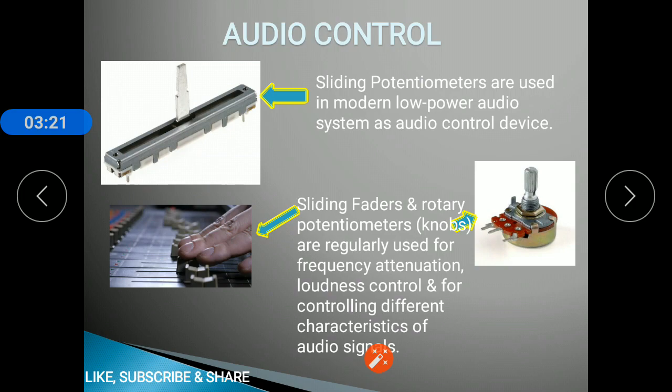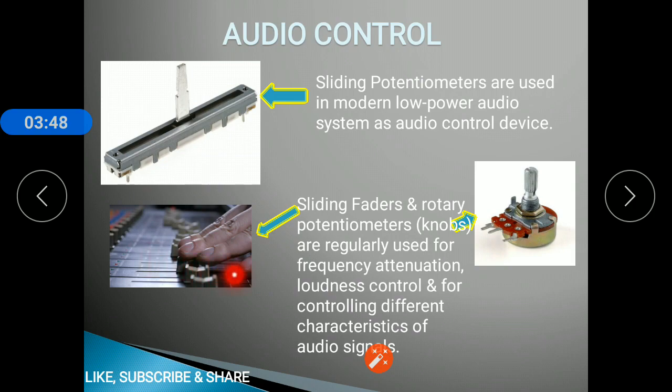Next, audio control. For audio control we use this sliding potentiometer. This potentiometer is called a sliding potentiometer. This sliding potentiometer is used in modern low power audio systems as an audio control device. There are various characteristics of the audio signal, and to control all these characteristics we can use different potentiometers.